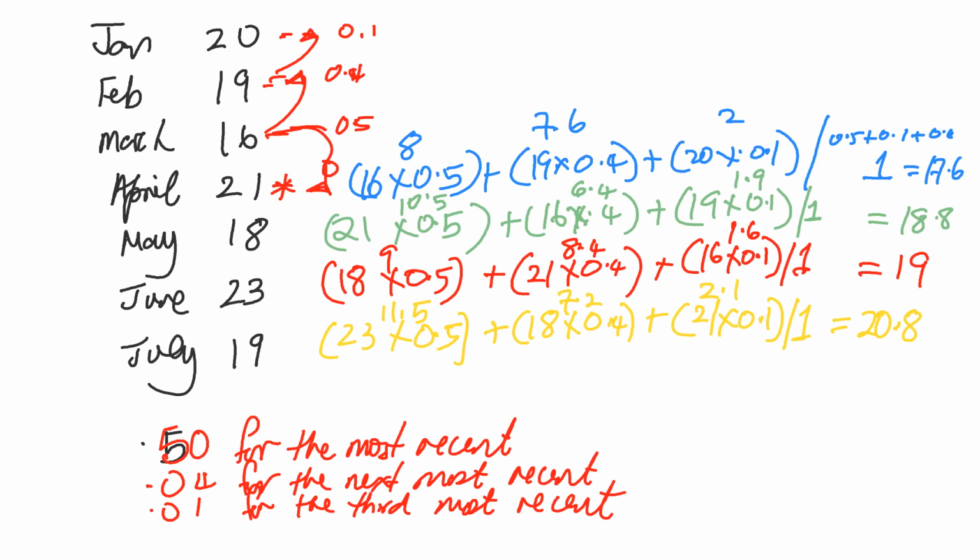All right. So notice the number of data points can differ between the 3-month simple and the weighted moving average. I could say a 4-month weighted moving average. It doesn't make any difference in terms of number of data points. The important thing here is that you're using a simple moving average as opposed to a weighted moving average. All right. So for April, it was